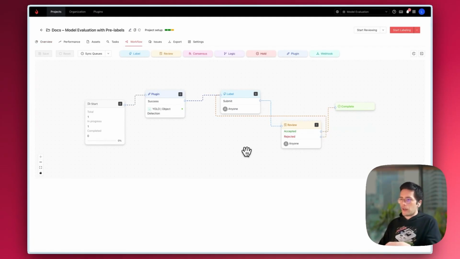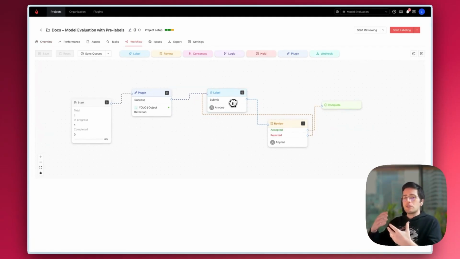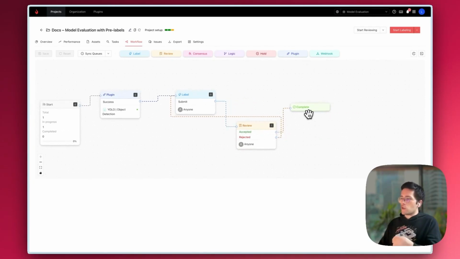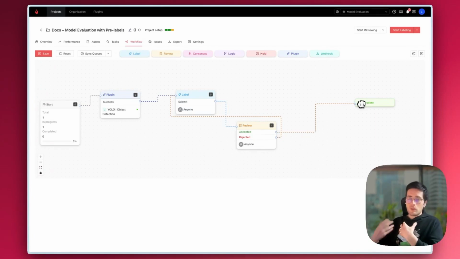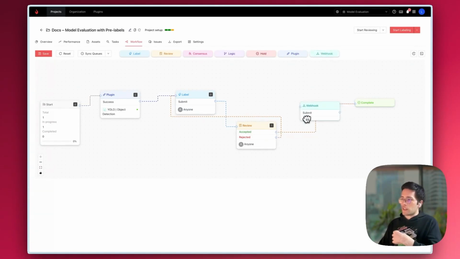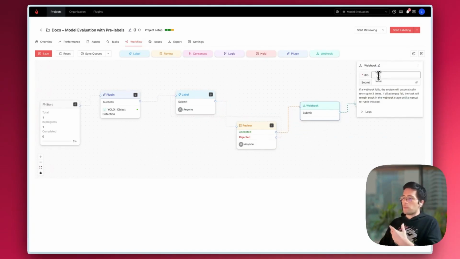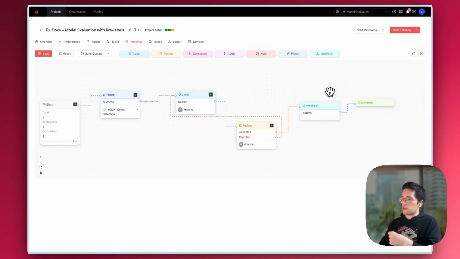So let's say, for example, that after the annotator has created the annotation, we've compared the different outputs, it passed through review, and we want to use that output as an input for our model. So we want to do some active training on our model. All we need to do is drag and drop a webhook stage right here after the review stage, for example, but you can, of course, place it wherever you like. In this webhook stage, you will paste the URL to your webhook and, optionally, the secret. And so what this will do is whenever